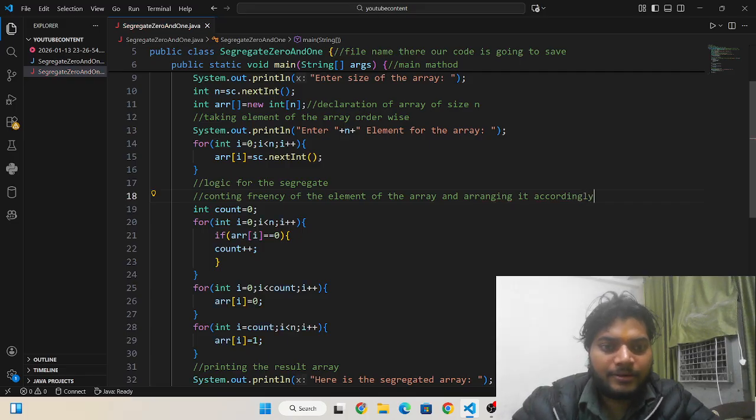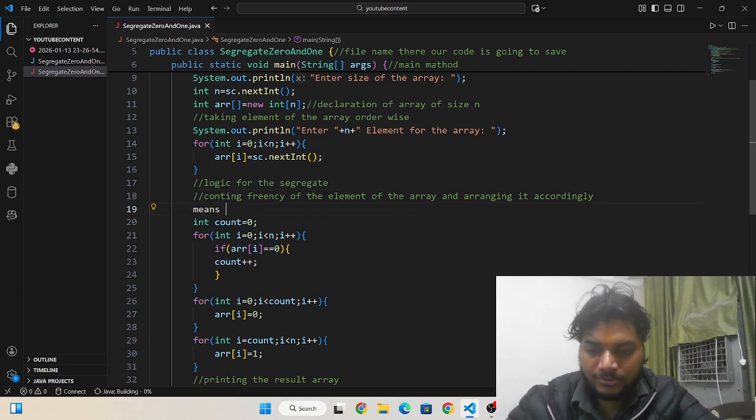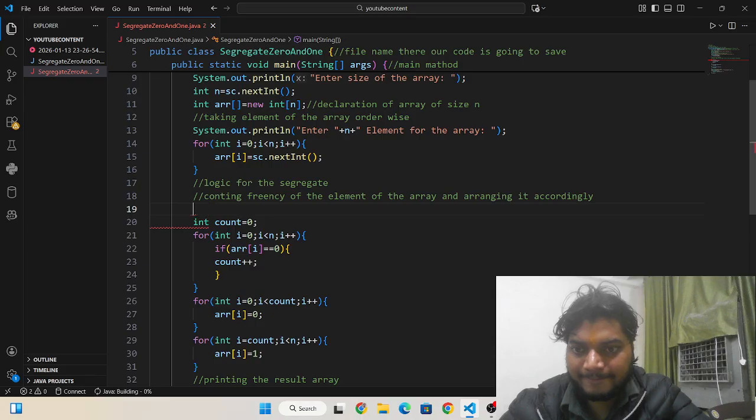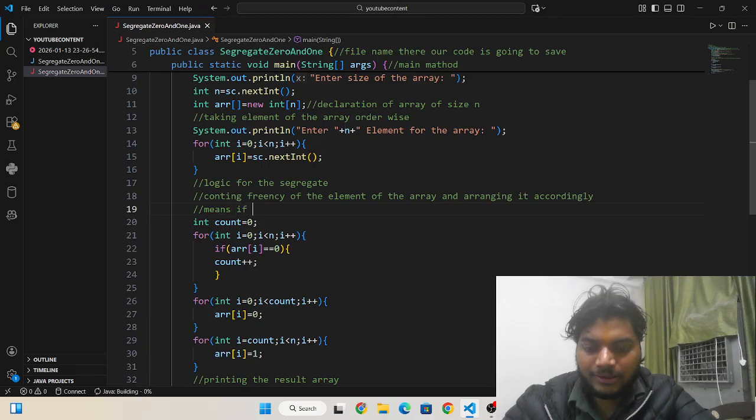Arranging it accordingly means, if I count the number of 0s,